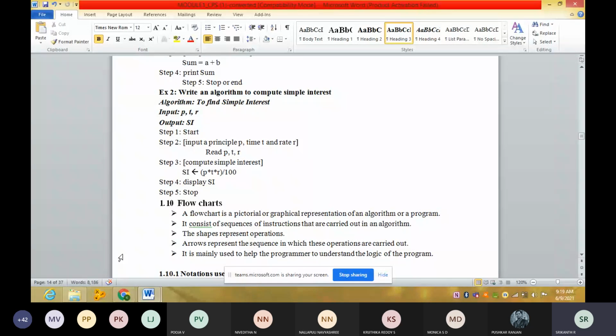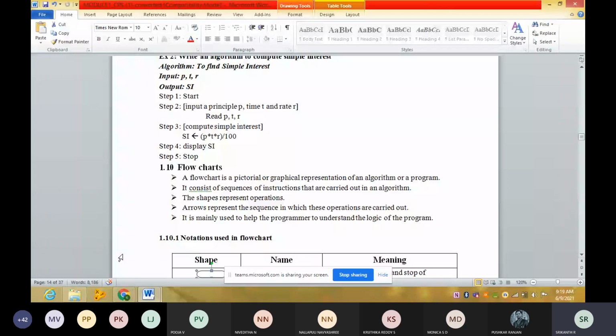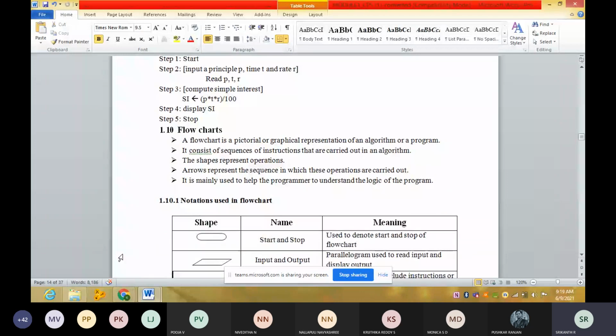We are going to use different shapes to represent operations. We are going to use arrows, everything. So see guys, these are the annotations, or symbols, we are going to use.